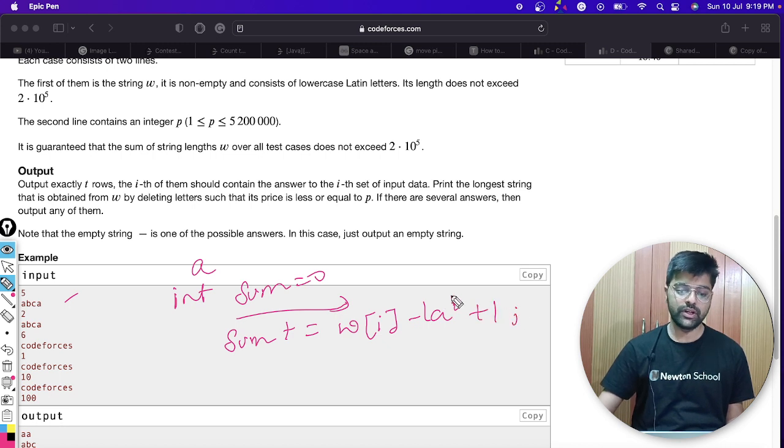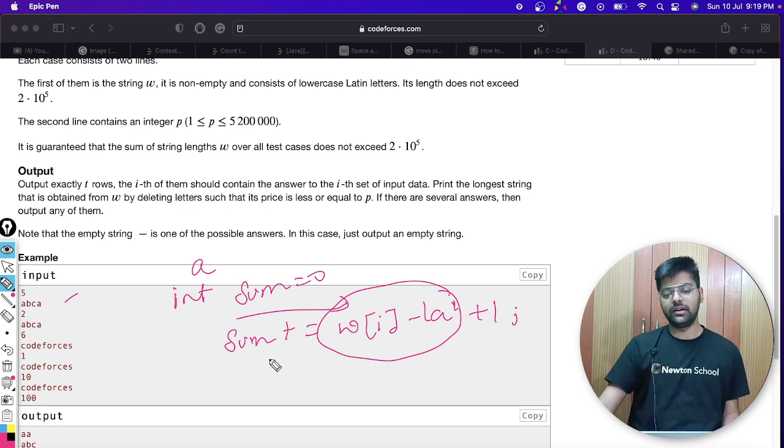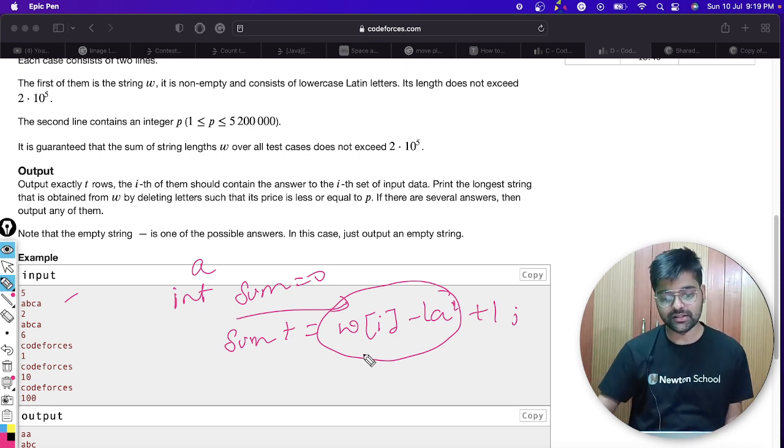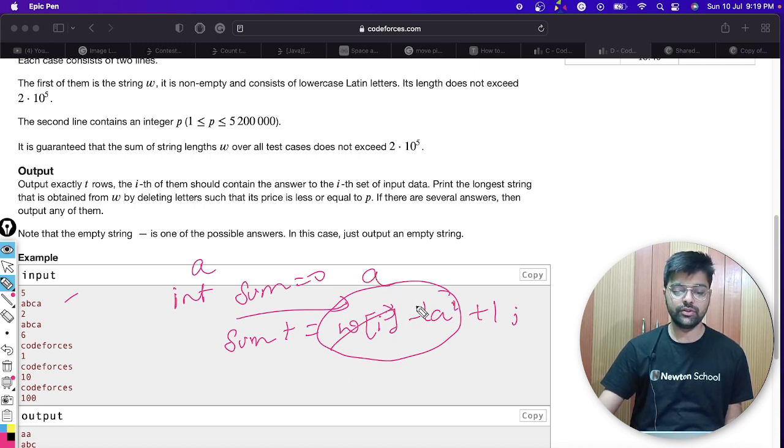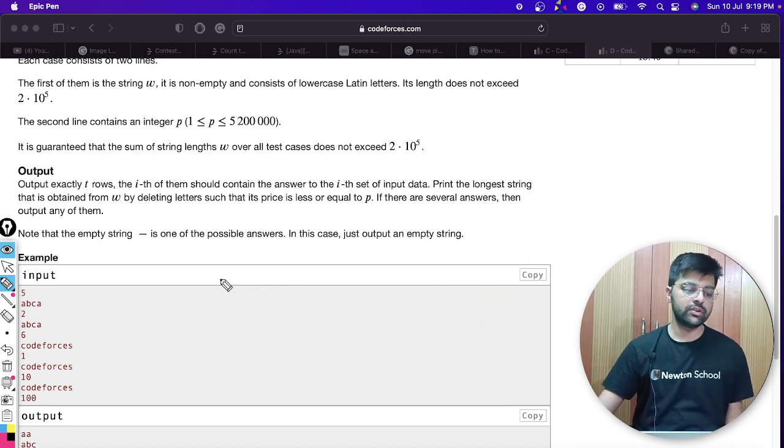This will give me a score directly. It finds the subtraction of the ASCII values of wi and a. So if wi equals a, this will give me 0, but we needed 1, so that's why I have added 1. So we got the final score, right?